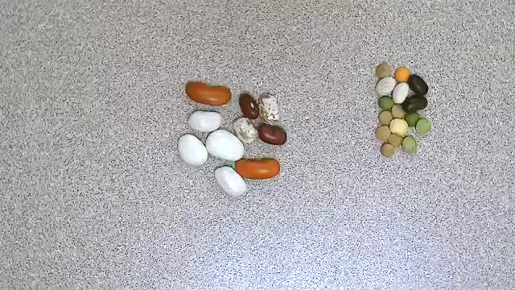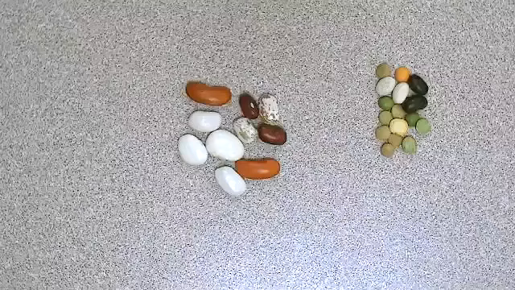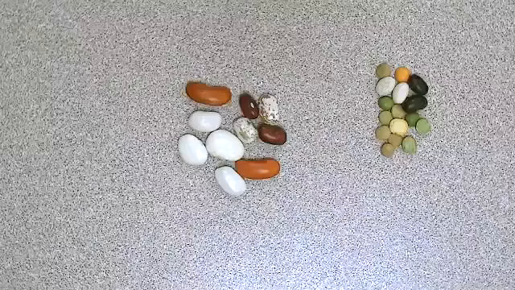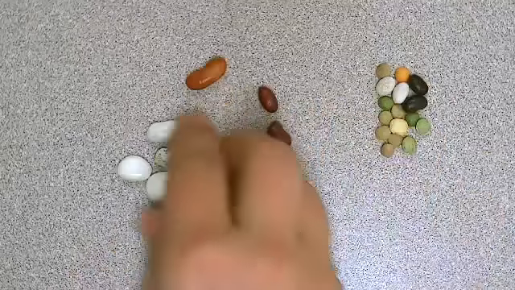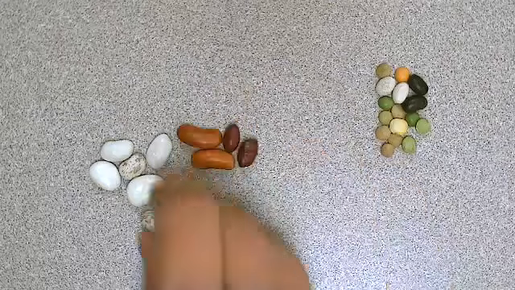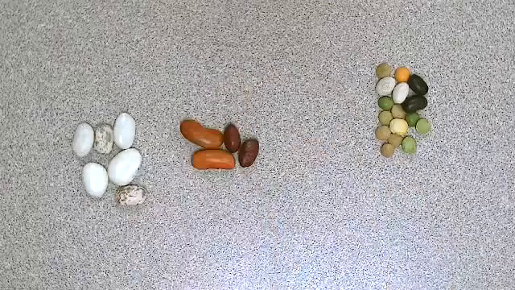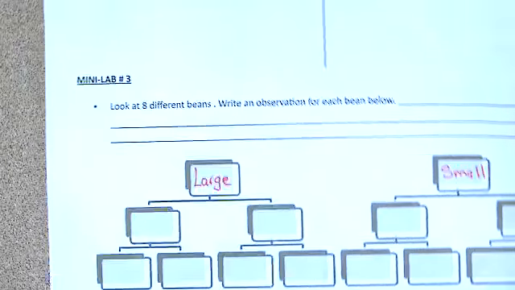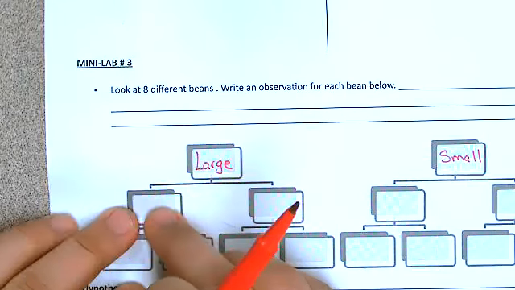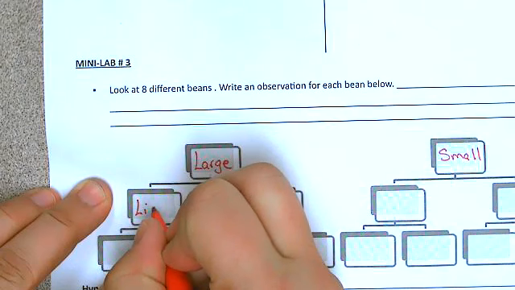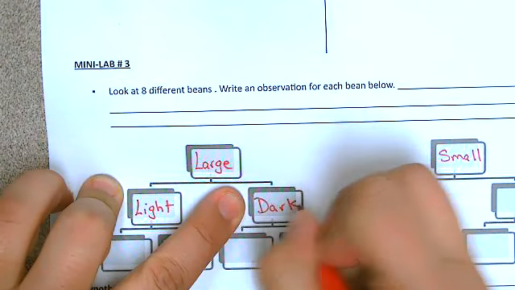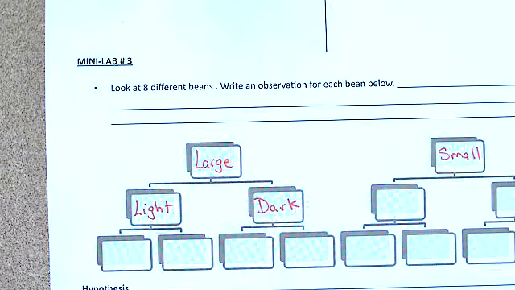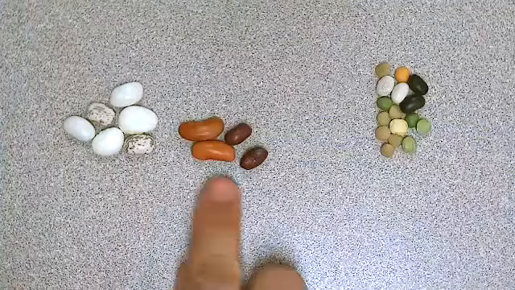Okay, so for my next grouping, I'm going to do light colored versus dark colored. So I'm going to divide this group into 2 more groups. Okay, so then on my paper, I would put light versus dark. Okay, and we're going to do it again. So now this group,